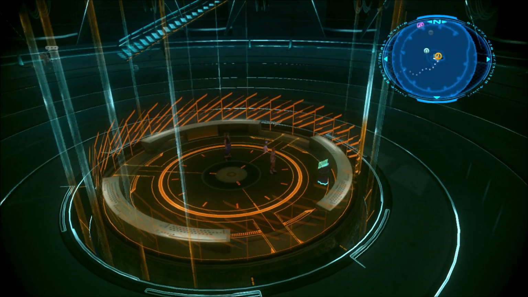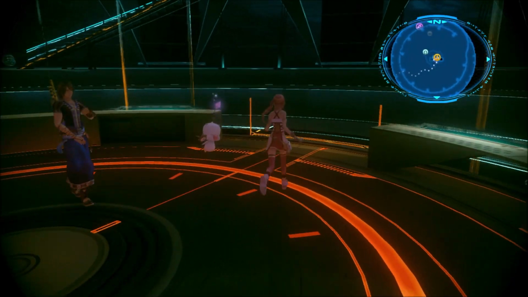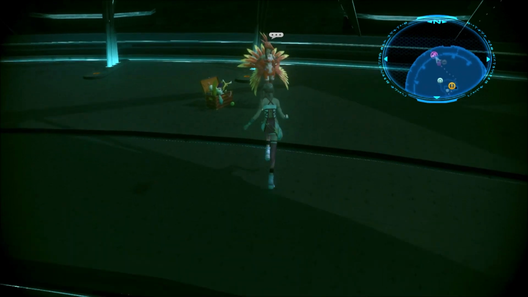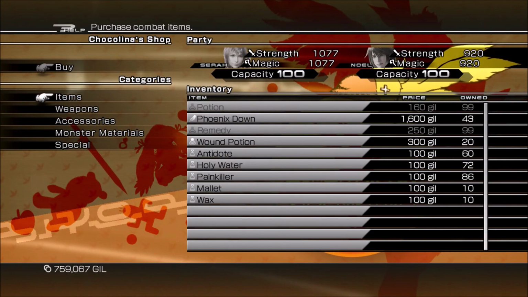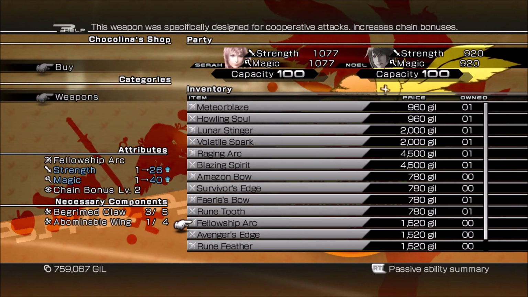The AI nucleus. The nucleus. But we can also come up to Chocolina. So for my lucky customers today. And we can now buy some things we've been missing for a while. We can get...